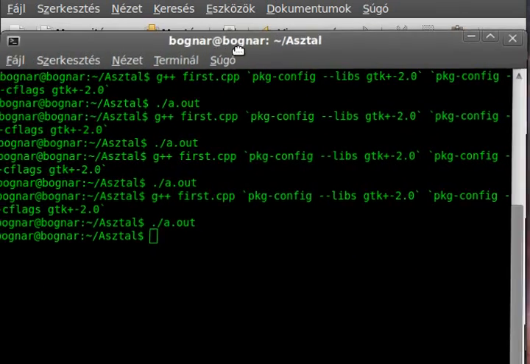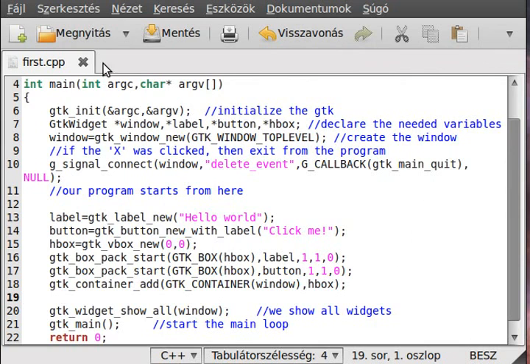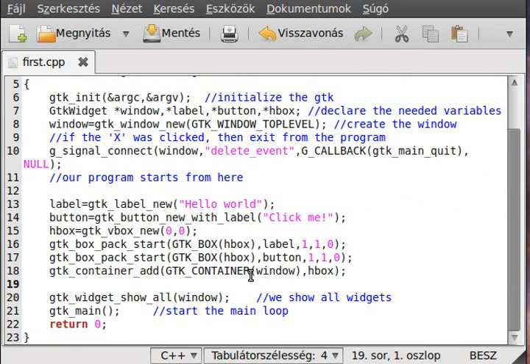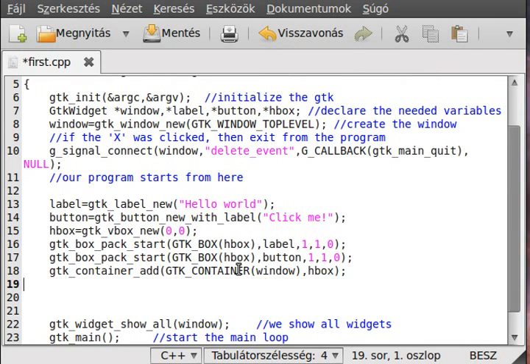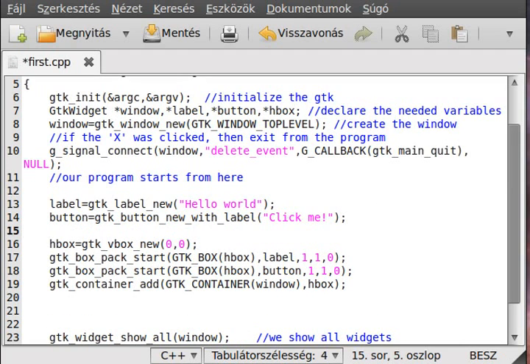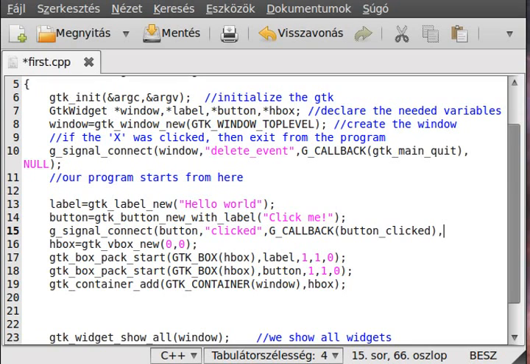Okay, now I want to show you how to change the label text, and actually a little more understanding of the callback function and the void or the gpointer parameter. So make a callback function, g_signal_connect. As I showed you in the button lesson, if somebody clicks this button, I will call a function. So button clicked. Okay, and we call a function called button_clicked. Logical, right? And to the last parameter we actually pass something, and this will be